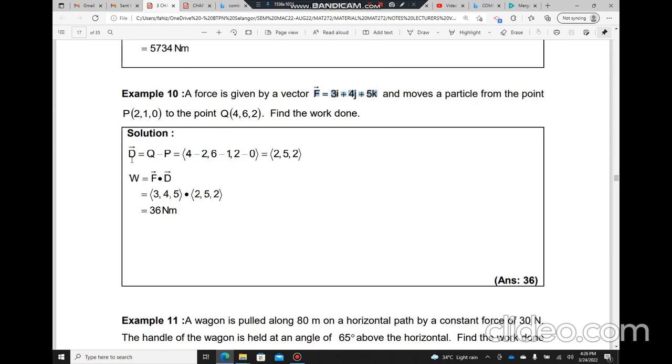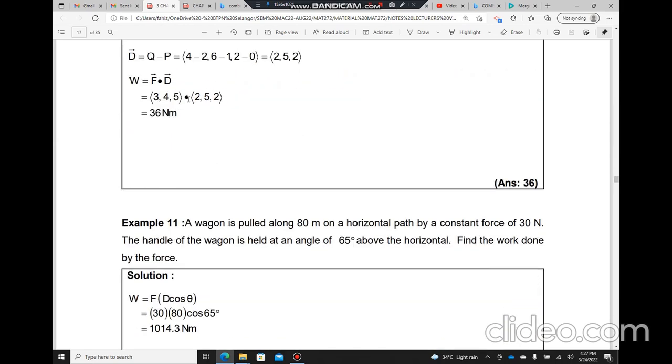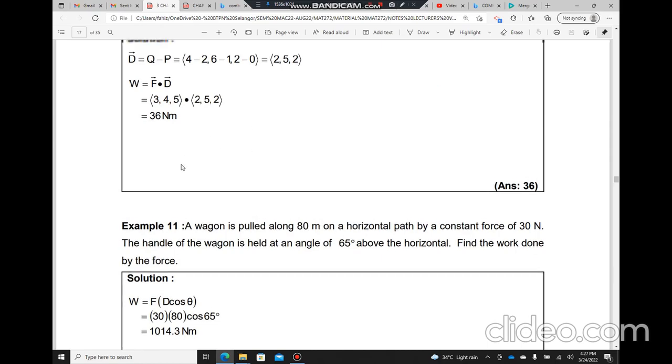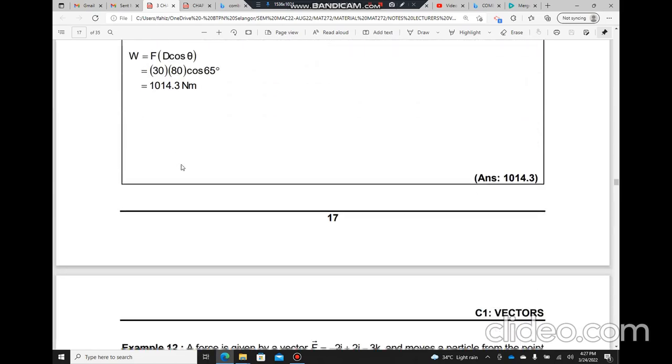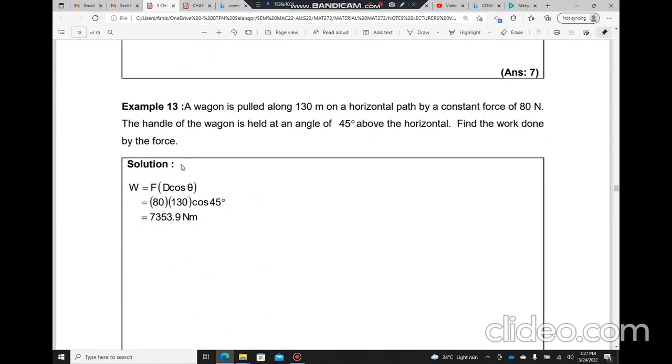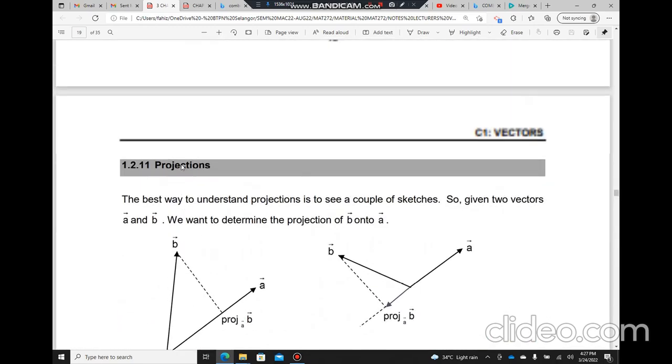To find the displacement, we can use the formula Q minus P, which is (4,6,2) minus (2,1,0). So 4 minus 2, 6 minus 1, 2 minus 0, and we get (2,5,2). So we have the components for force and displacement. Then we use the dot product, and we get 36 Newton meter. This is the work done. So you can complete example 11, example 12, example 13. So that is it for